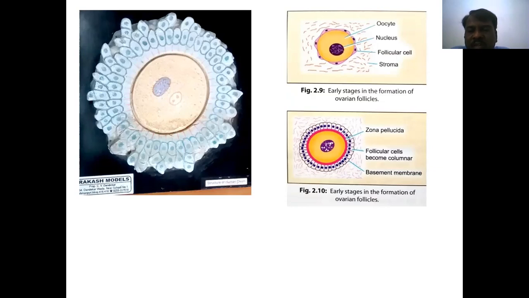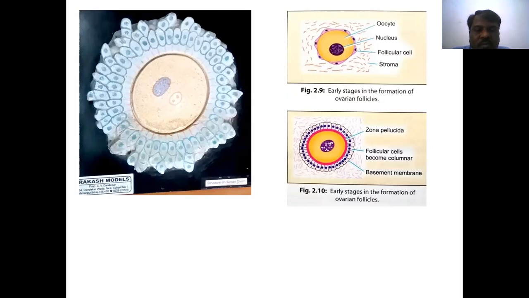See here the model having corona. In this ovum model on the left side, the corona radiata is there on the outer side, with stromal cells. Zona pellucida is there. Next the cell, nucleus, perivitelline space. The model is equivalent to the right side. See how the oocyte develops. The oocyte has a cell membrane and a nucleus, and it is covered with flattened follicular cells which cover and protect it. Outside, we can also find the remaining stromal cells.